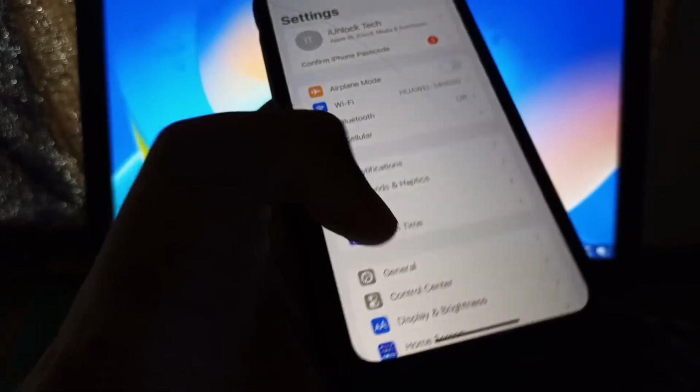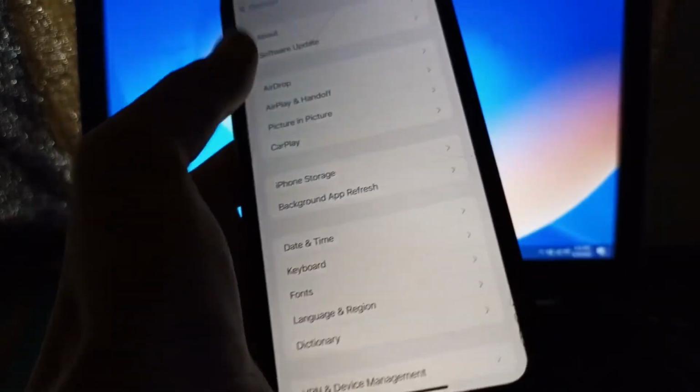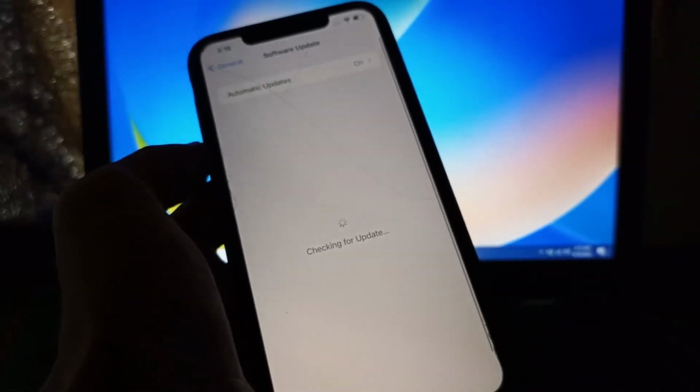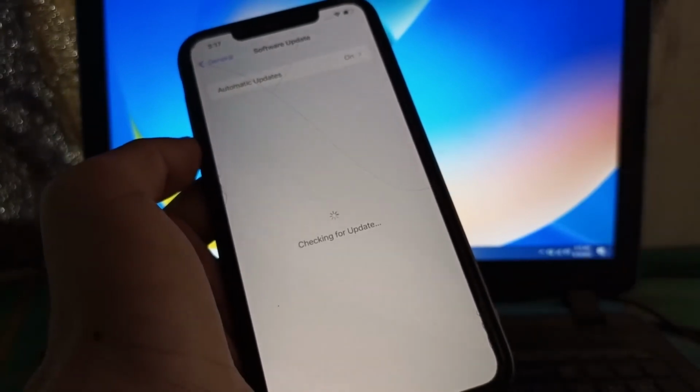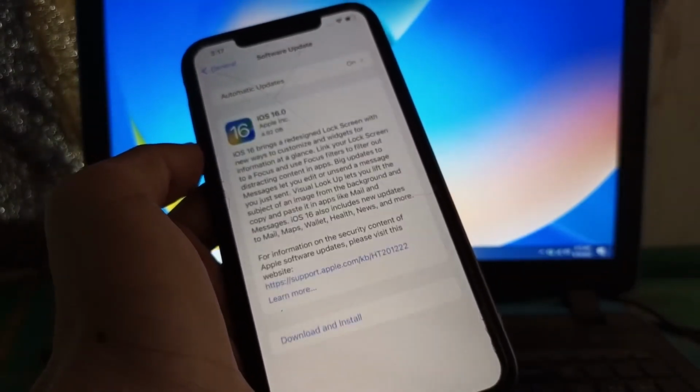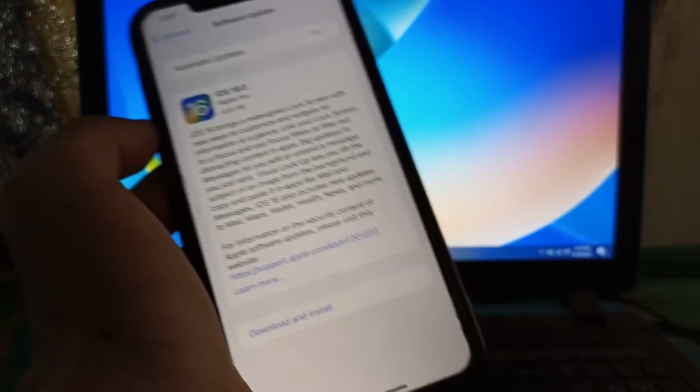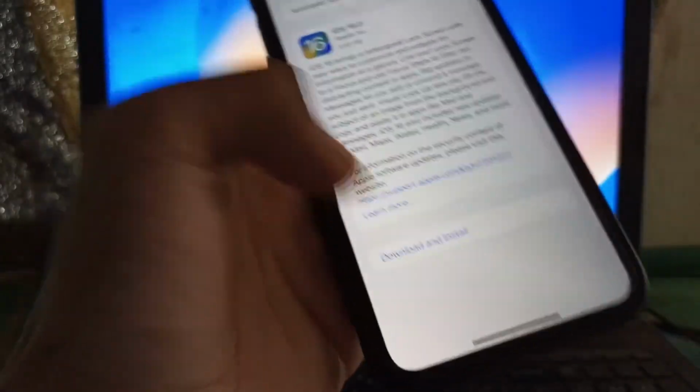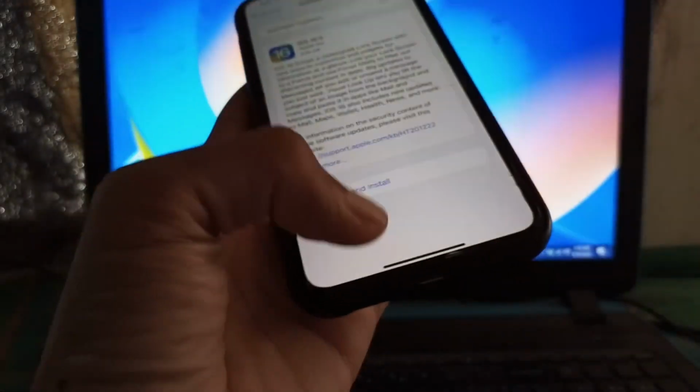So after this guys, just go to Settings, General, then click on Software Update. As you can see guys, there is an iOS 16 update, then simply click on Download and Install. So this is how you can fix this